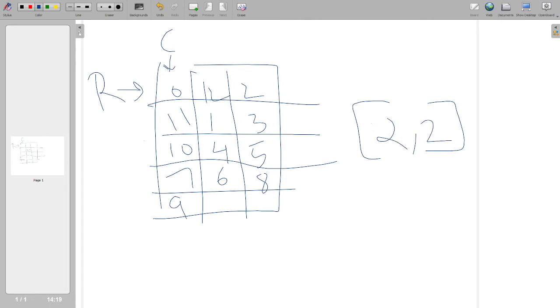Okay, if I want to refer to the value 4, I will say 3 comma 2. Okay, so in this way we represent tabular data. Now it is very easy to understand, and generally we have been trained in that. But let's go to a different sort of data arrangement.